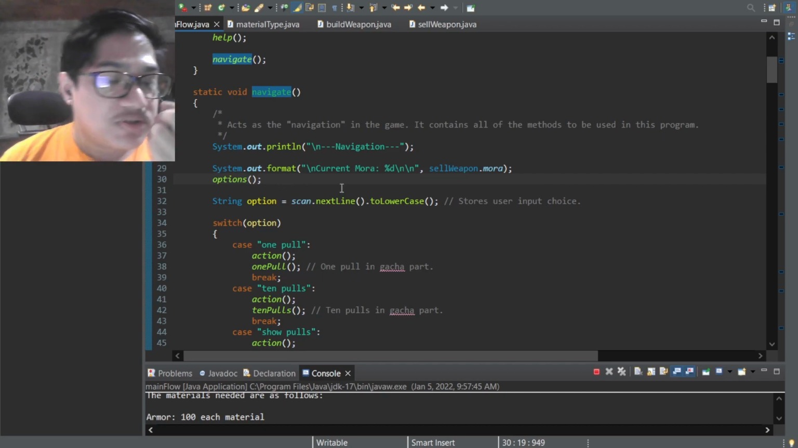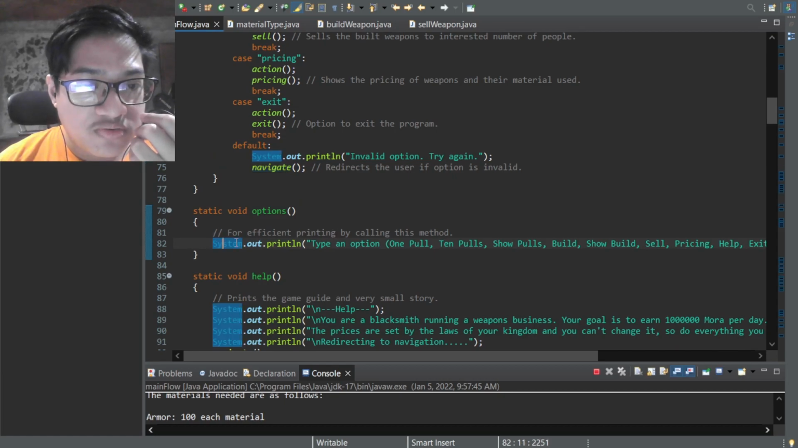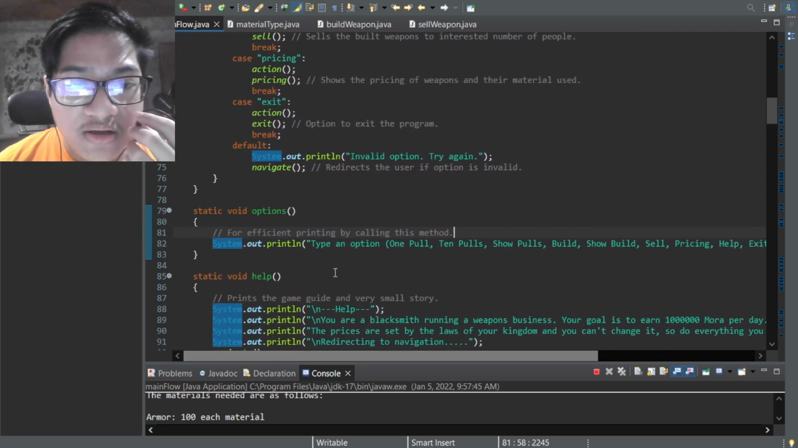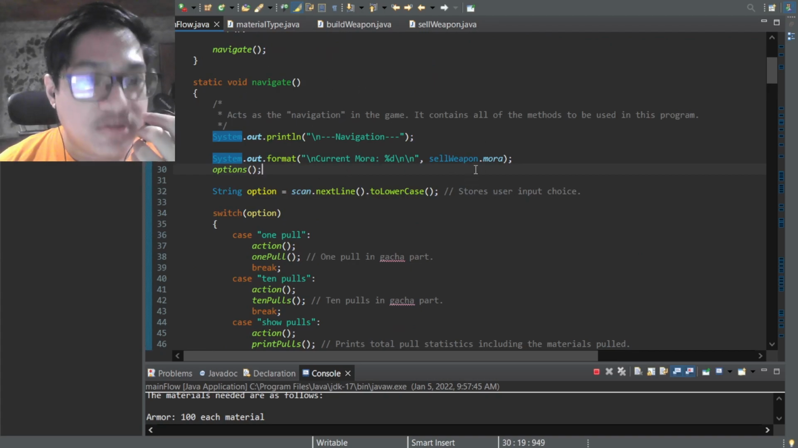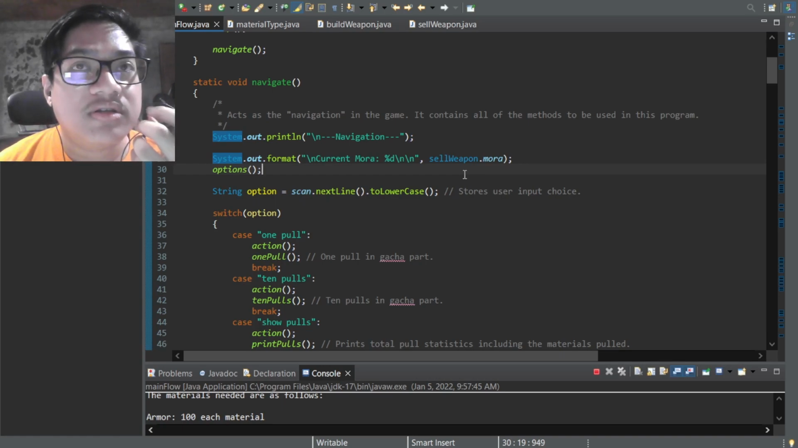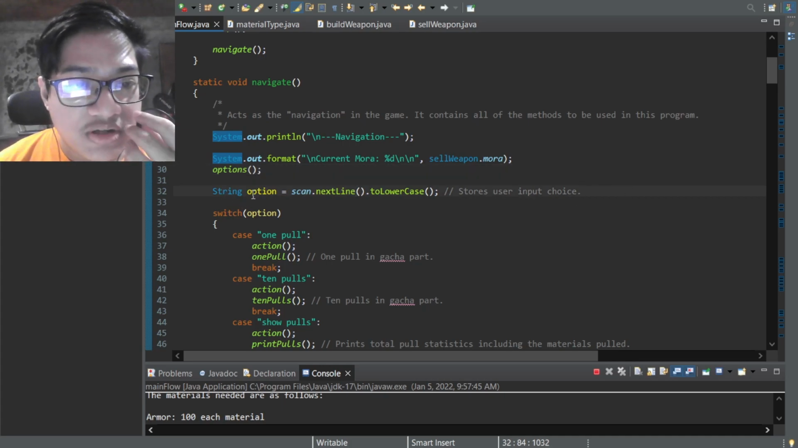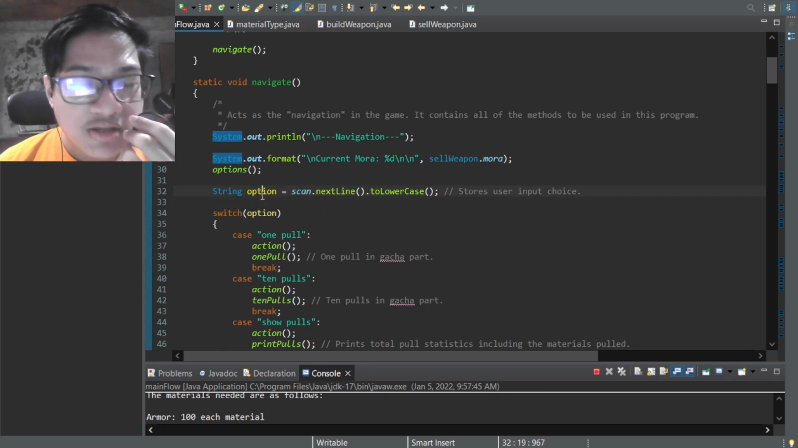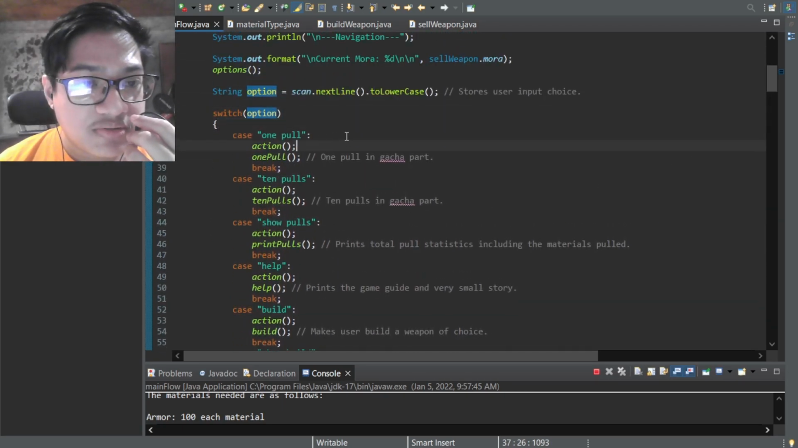Okay. We have here the options. So basically, the options is I'll show you. So the options method is just to print the option of the navigate method, right? So it's for efficiency when any method is in use, right? To use this, okay? And then we have here the string option. It stores the user input choice. Okay, and this option variable will go to the switch case. Okay,